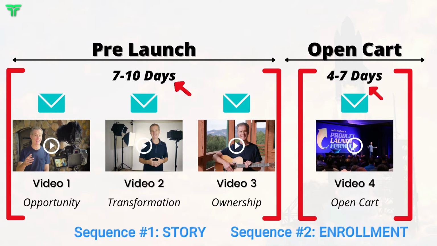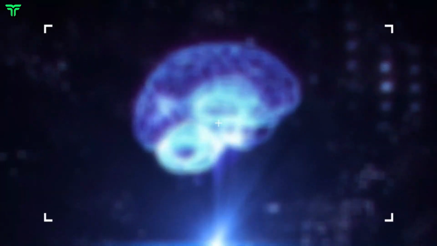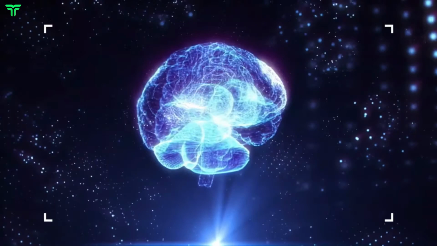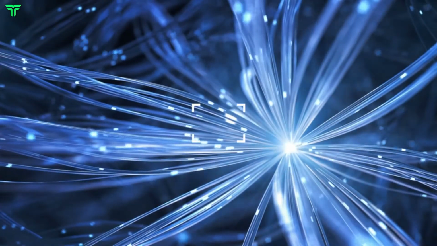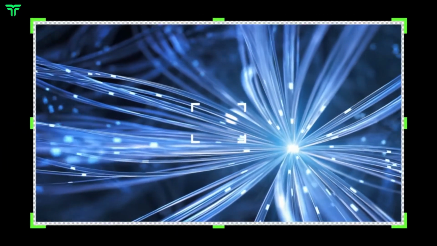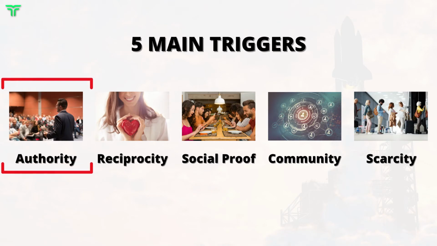So there's also these things we call the mental triggers. Mental triggers are these factors that impact how we make decisions. I'm just going to go through 3 really important ones for you here. For triggers, the first one is authority. When we perceive someone is in a position of authority, then we pay more attention to them.